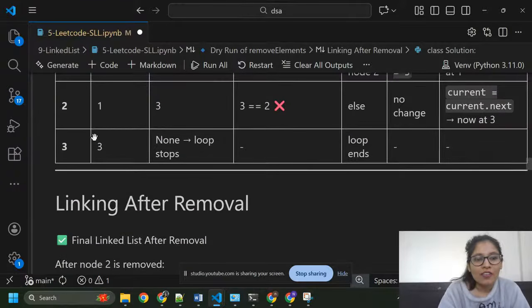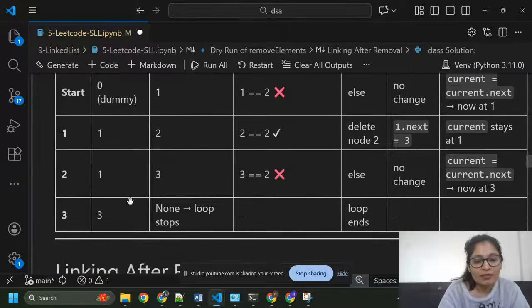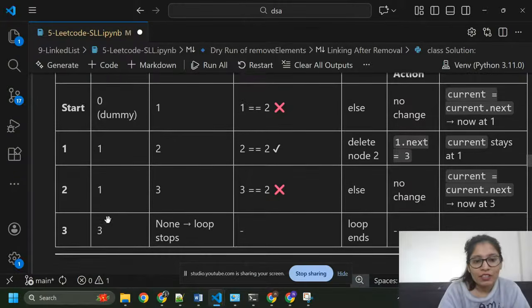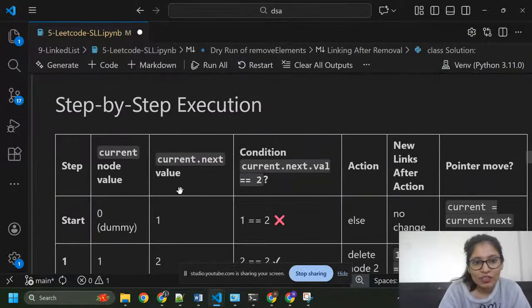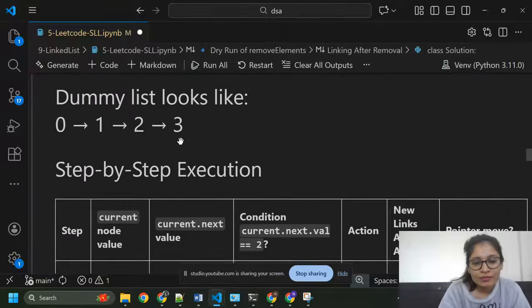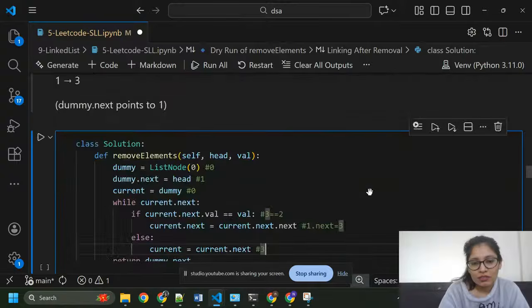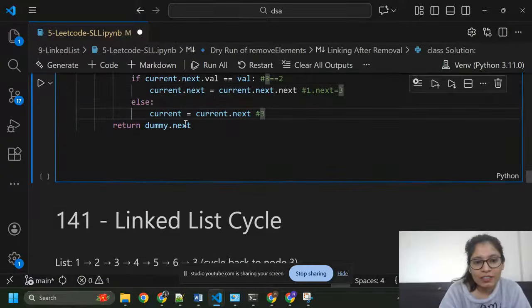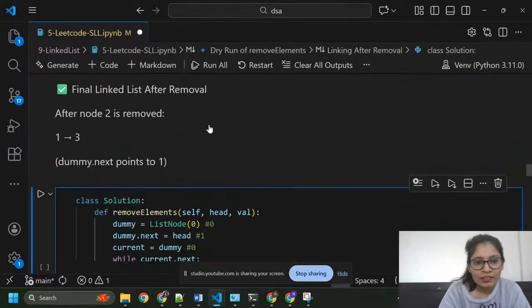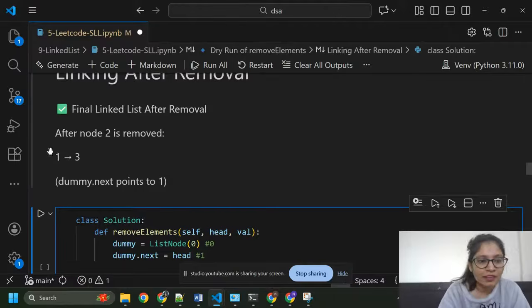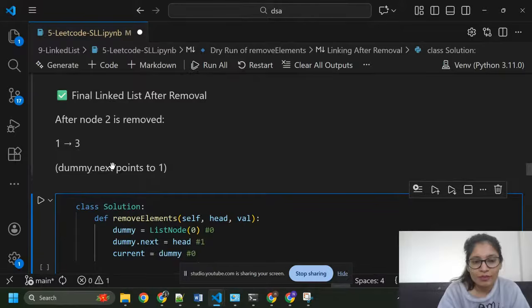Now our current will become 3. After 3 we don't have any element, so now the loop stops and it will return the elements 1 and 3. After node 2 is removed, I got 1 and 3. Dummy dot next points to the 1.